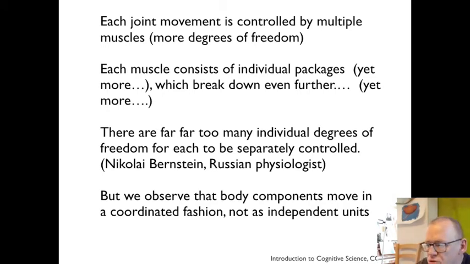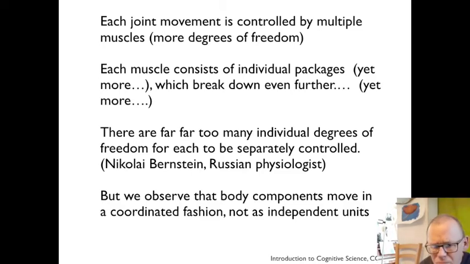There are far, far too many individual degrees of freedom for each to be separately controlled. This is an insight we owe to Nikolai Bernstein, who was a Russian physiologist working shortly after the Russian Revolution, around the same time as Lev Vygotsky, who we've also met. So his work, which we don't have time to study in detail, made it quite clear that when we speak of the brain controlling the body, we're speaking very loosely indeed, and if we take that too literally, it's just wrong. There's way too many things to be controlled,